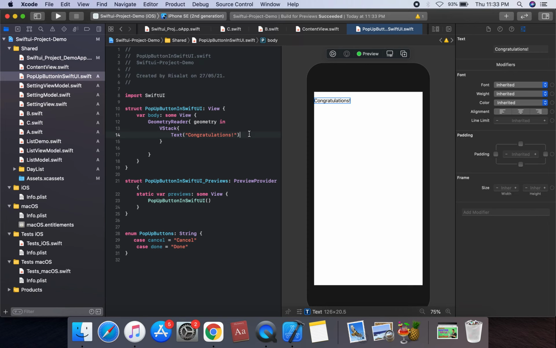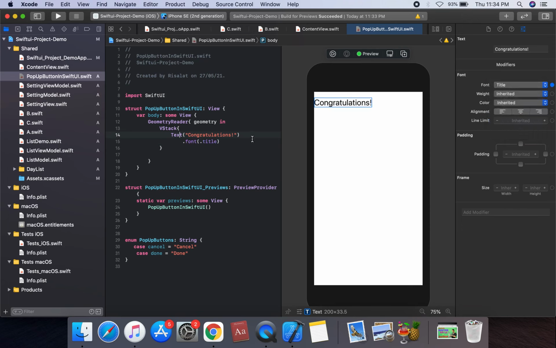The congratulations text applies these two properties. The font is title, which has a title font, and the weight is heavy.